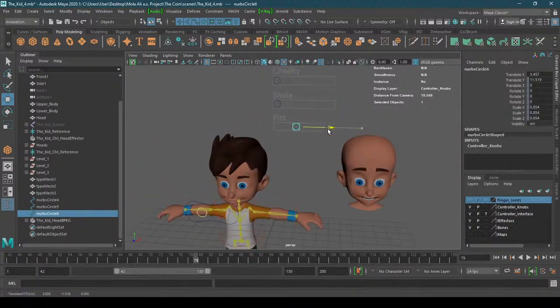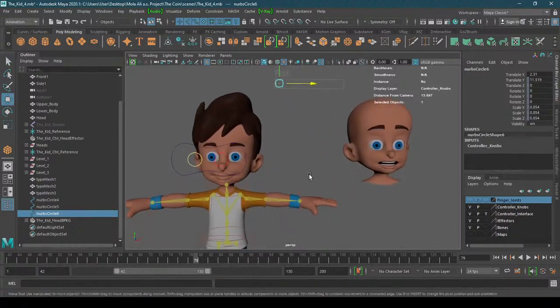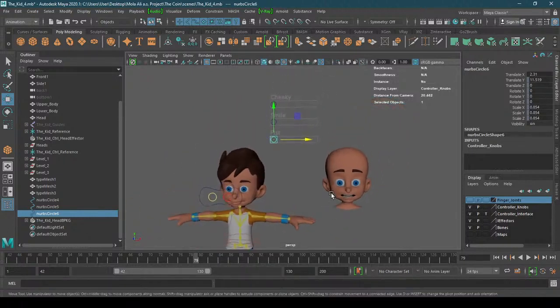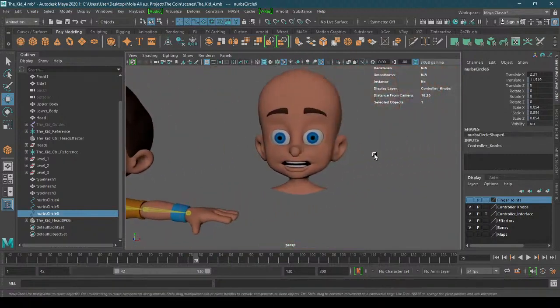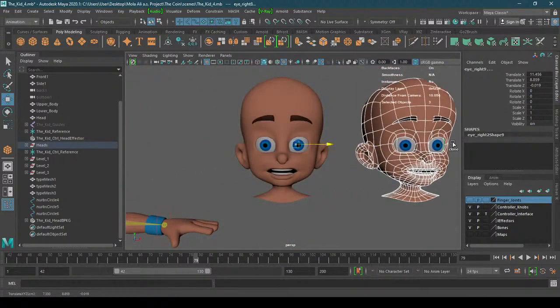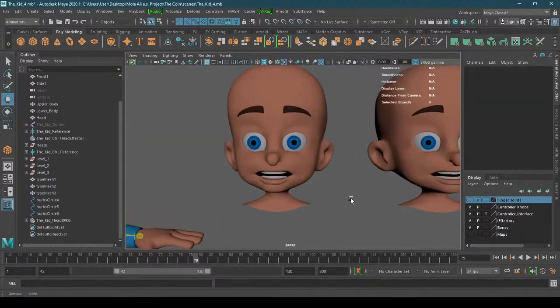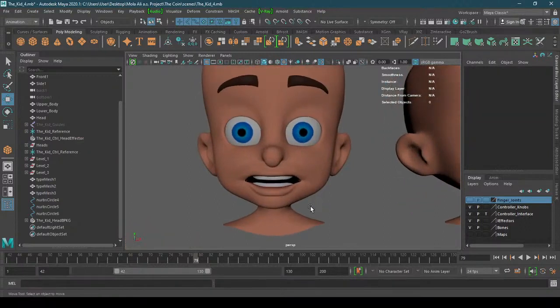Okay, now the main thing is the facial rigging. So for the facial rigging, how many faces do we have? Smiley and cheeky. So let's take this one, make two copies, one for smiley, one for cheeky. So this one I will make smiley. Okay, now